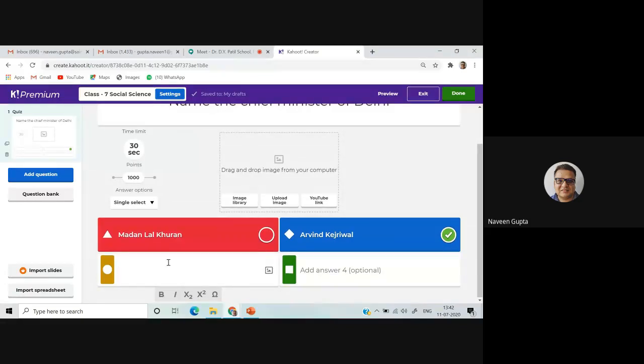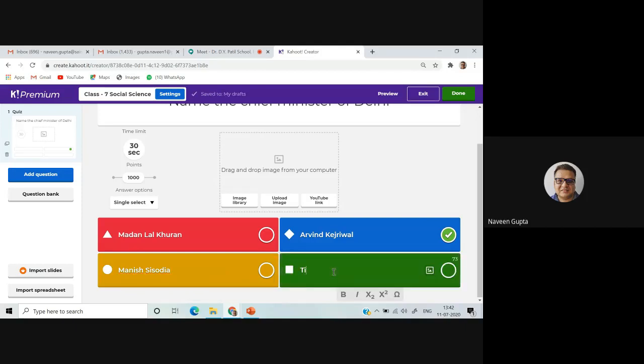Let's say I can write any other name, Manish Sisodia, and Mr. Tiwari. So I have marked Arvind Kejriwal as the right answer.